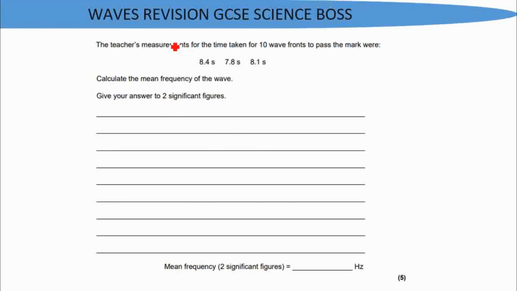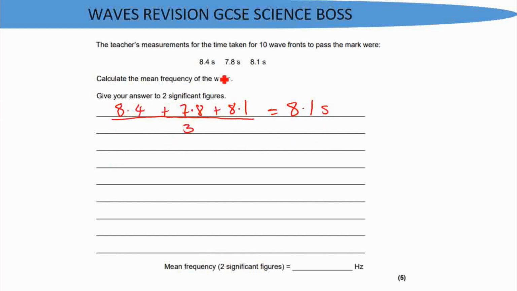Okay, so the teacher's measurements for the time taken for 10 waves to pass the mark were 8.4, 7.8, 8.1. Calculate the mean frequency of the wave here. Okay, 5 marks. Now this is not difficult. First thing, let's find the mean of the time here. So how would we find the mean? It's going to be 8.4 plus 7.8 plus 8.1, all of that divided by 3, and that's going to give us an answer of 8.1